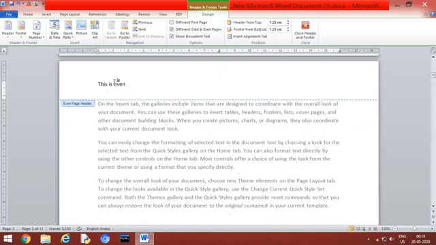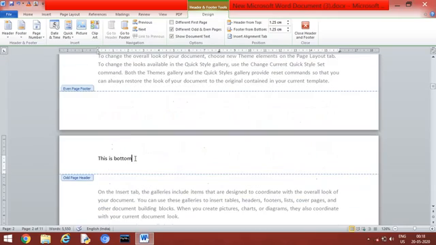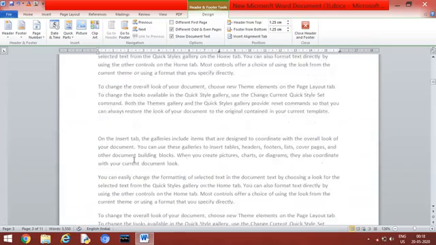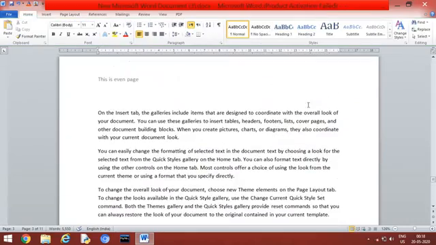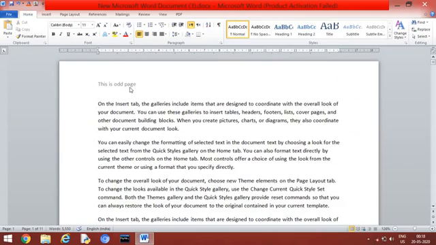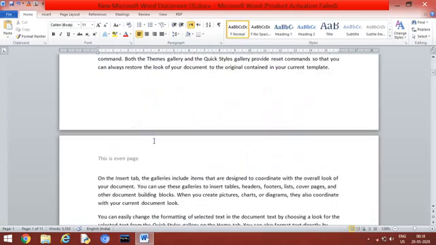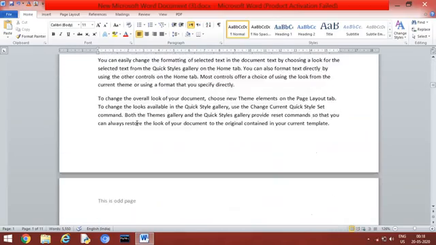In the odd page you can go and write, like, this is odd page. Okay, and when you give this and close the footer, you can see that in all the odd pages this will appear as the header, and in all the even pages this is the page header will appear.